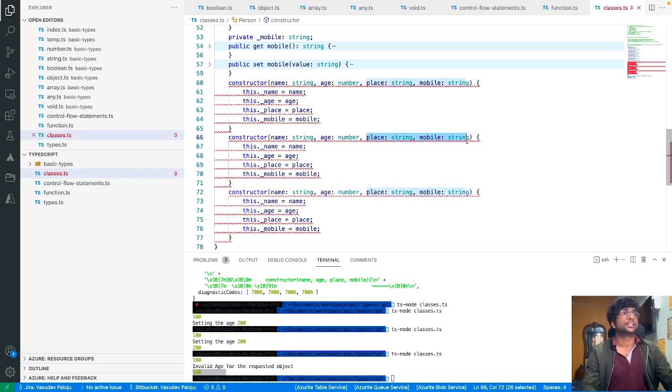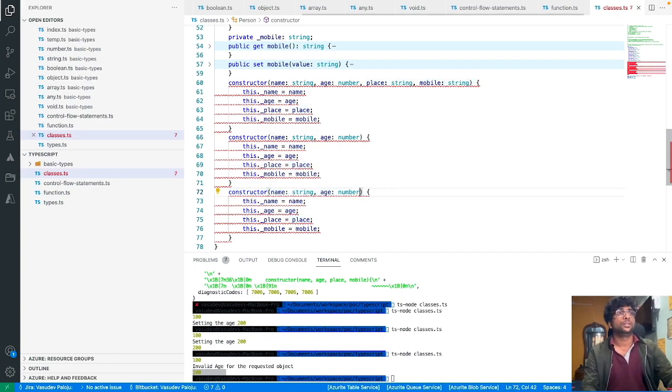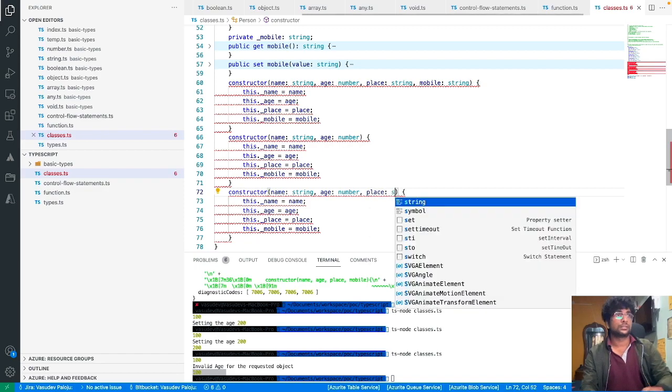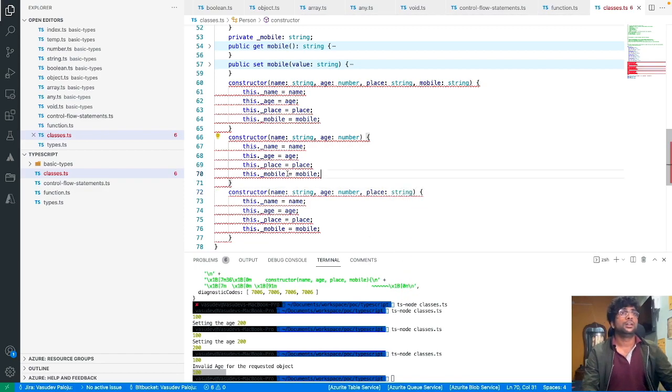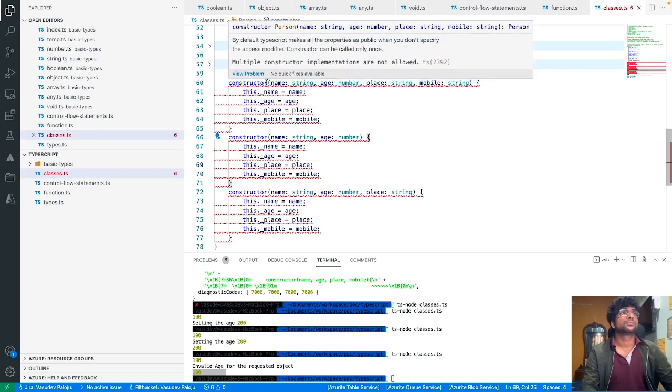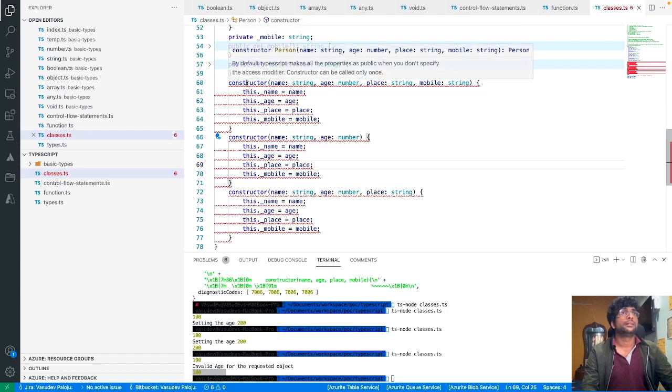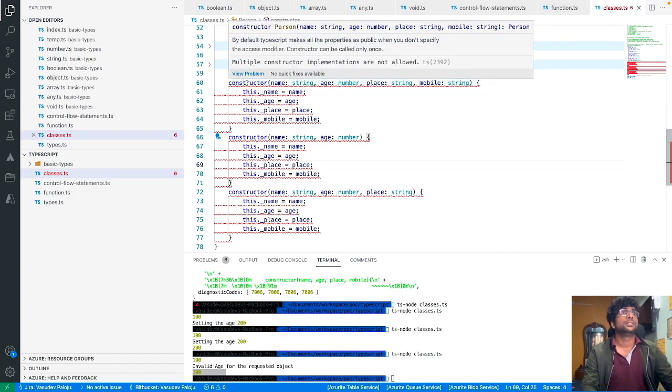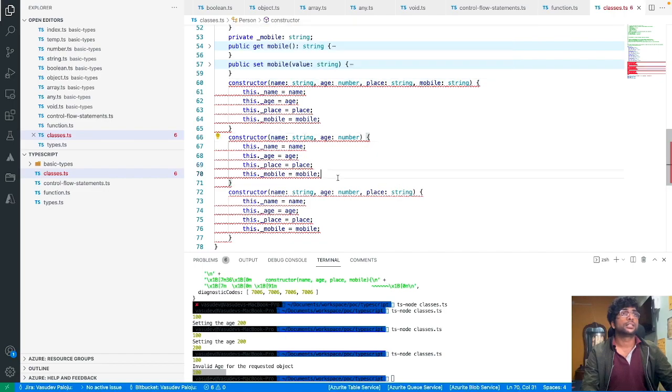So this constructor is going to take only 2 parameters, and this constructor is going to take only 3 parameters. Multiple constructors are not allowed. It is saying that